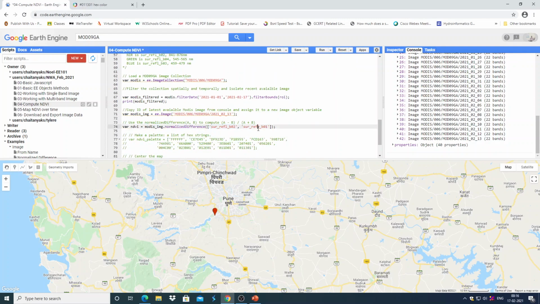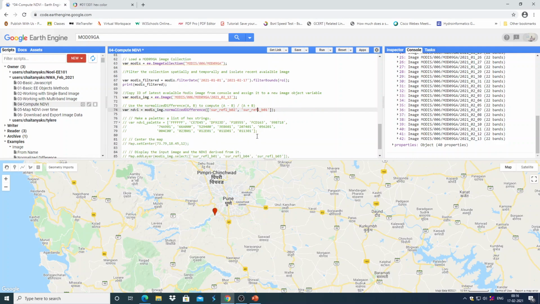So we are passing it, and therefore it will calculate the normalized difference NDVI, and we are using the same custom palette and naming it as a variable NDVI, and in these lines we are centering the map at this point,